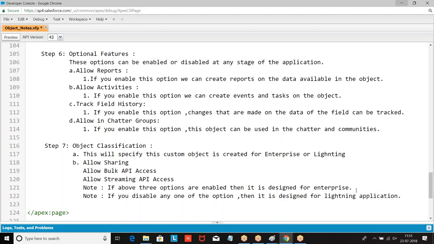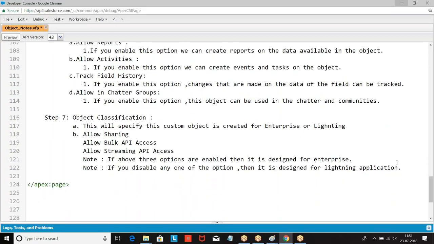An object designed for enterprise can be used in lightning also, but an object purely designed for lightning cannot be used in enterprise. Now, object classification: is it enterprise or lightning?